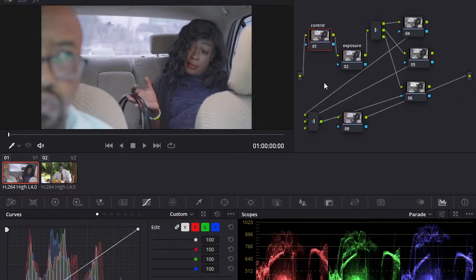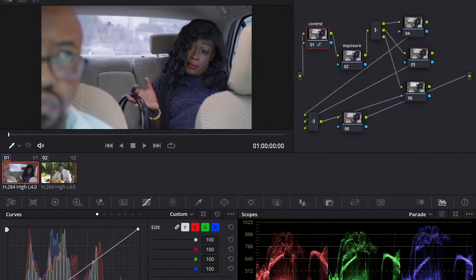So when I talk about contrast, the very first thing you need to do when you're dealing with flat footage is come to this section here. Make sure you're under parade. You see the shadows are almost not touching the bottom, and that's a problem. That's why the image doesn't look contrasty, which creates that cinematic look. But if I was just to drag this curve and push the shadows down, do you see? Right, you add back the contrast, and as you can see, that hazing is already starting to go away.